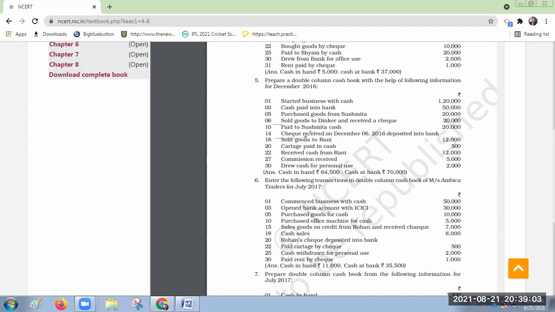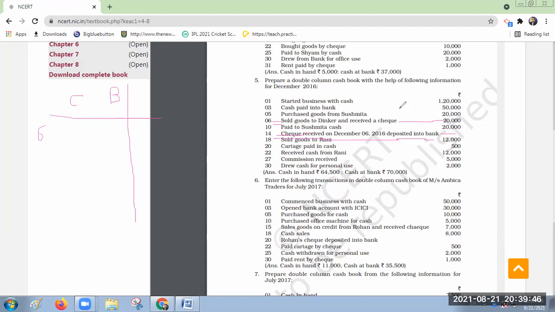Check received on 6th December. Okay, see, on the 6th date you received a check from Dinakar. On this date you will mention this 20,000 in the cash column. Yes, sir. Okay. On the 14th date, what are you going to do? That amount you are going to transfer to the bank column. So debit side only 20,000. First date, on 6th. See here on 6th. This is the cash column. This is the bank column. On 6th, this is visible, no?